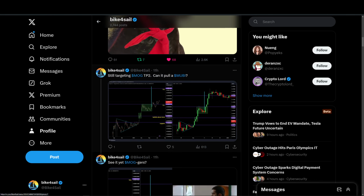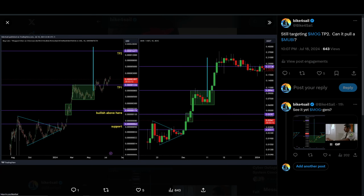And then I posted this for the MOG community last night, and I am part of the MOG community, and I'm in the token as well. MUBI did the same exact move. I've been following it since the beginning. Of course, this is a much higher time frame versus what this is for MOG, I think. No, actually, they're both daily. Okay, it just looks like it's more condensed with MOG or MUBI,